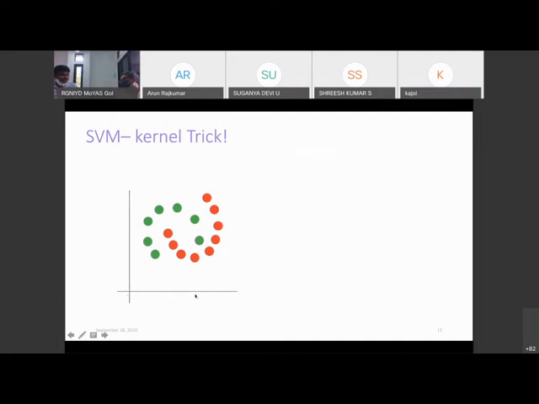Maybe if I plot, instead of age and salary, let's say age squared, salary squared, age into salary, something like that. So each axis is no longer my original feature, but some new features that I'm thinking of. This new feature can be some complicated combination of the original features. In this case, it is age squared, salary squared, and age into salary. There are three different features. I've converted my two features into three features, and I'm again plotting my data in this three-dimensional space as opposed to two-dimensional space. And in cases like this, it could so happen that if I choose to measure different features like this,